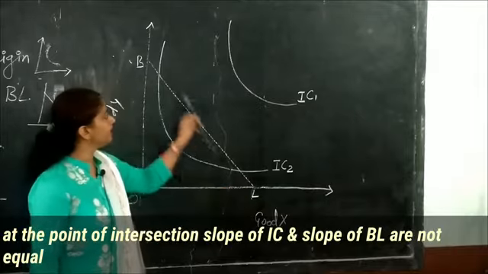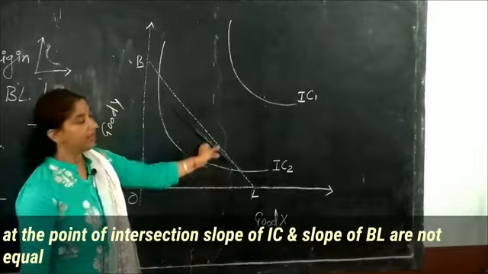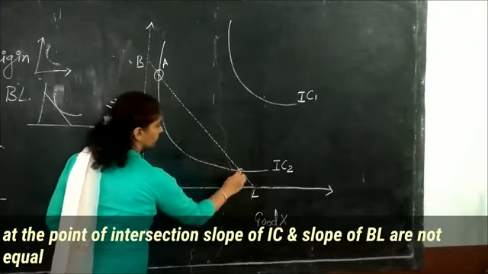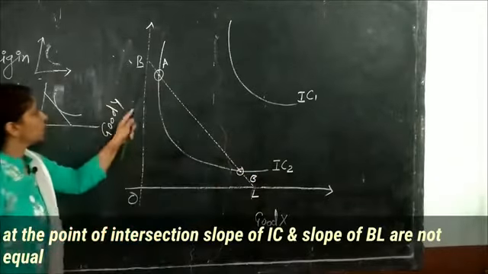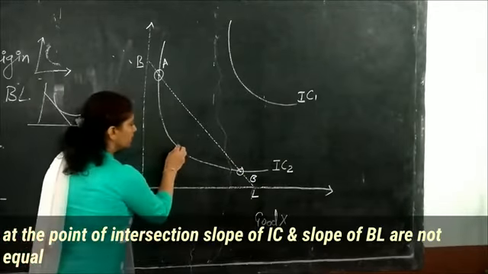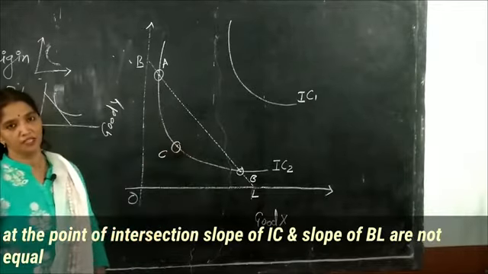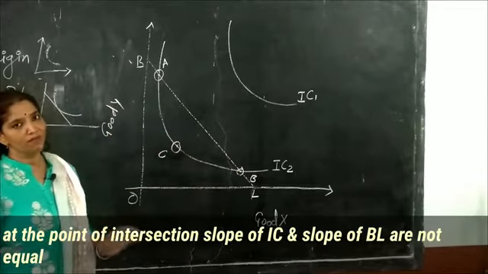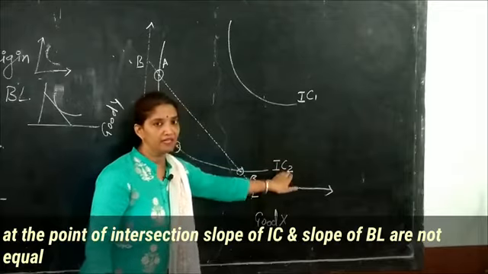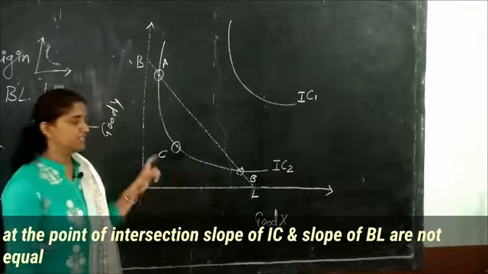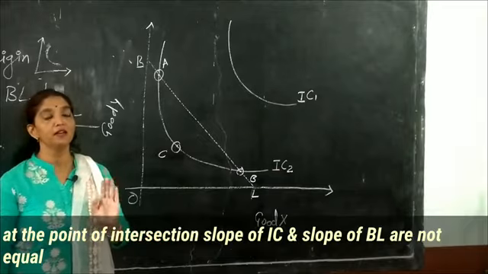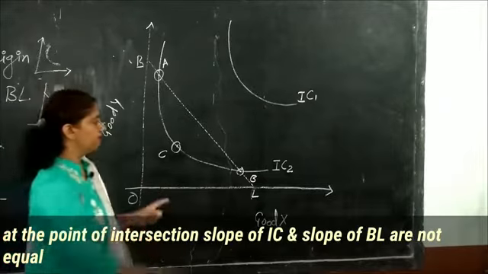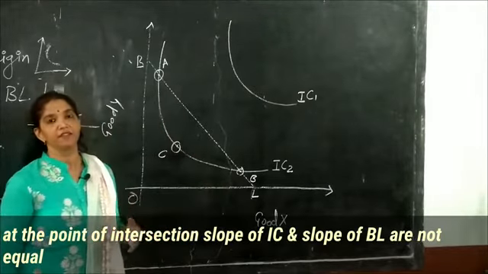This curve is intersecting the budget line, that is BL, at two points of intersection, point A and point B. These combinations can be purchased by the consumer. Assume that C also can be purchased by the consumer. Combination A, combination B and combination C are lying on the same indifference curve, that is IC2, but the consumer will not remain in equilibrium, or he will not get maximum satisfaction with IC2 and the budget line. Why?